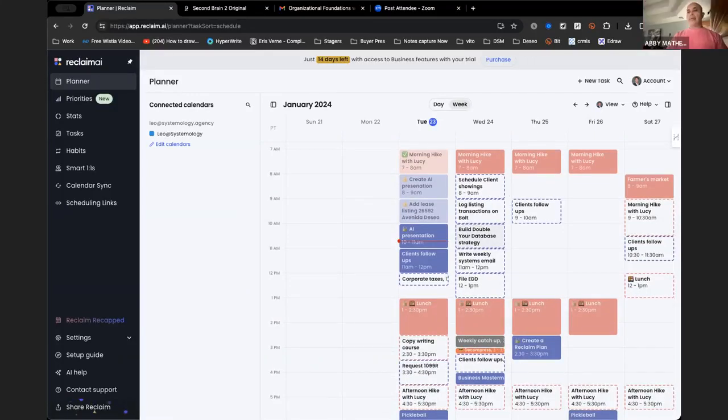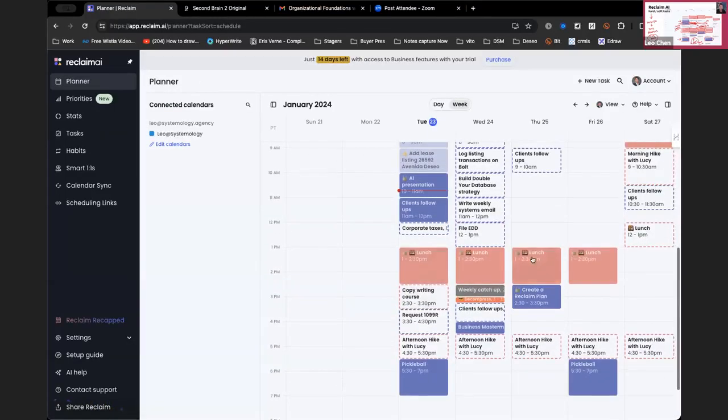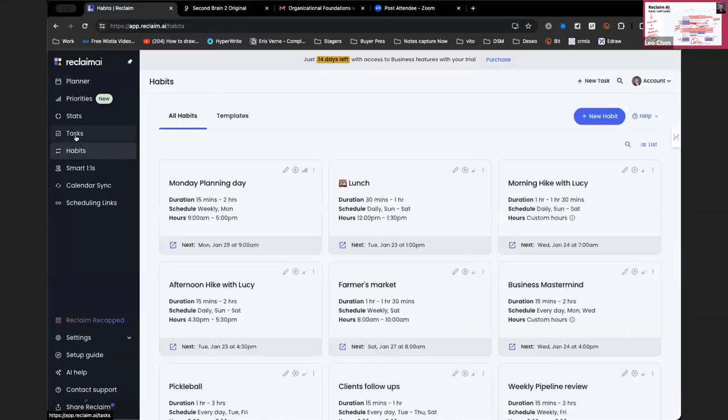So how does the system know you've done the work? You go in there and say, hey, completed or something? That's right. Yeah. It can do one of two things. It can track how much time you spend, so you can start and stop your task, like a timer. And then you can tell it like, hey, I finished it. I didn't finish it. Hey, I still have this much work to do. You can see all of these things in it. And then you can reprioritize as critical, low priority, medium priority, high priority. And based on that, it can move it to a time that is not in the way of any of the most important things. Okay, so it's calculating everything, right?